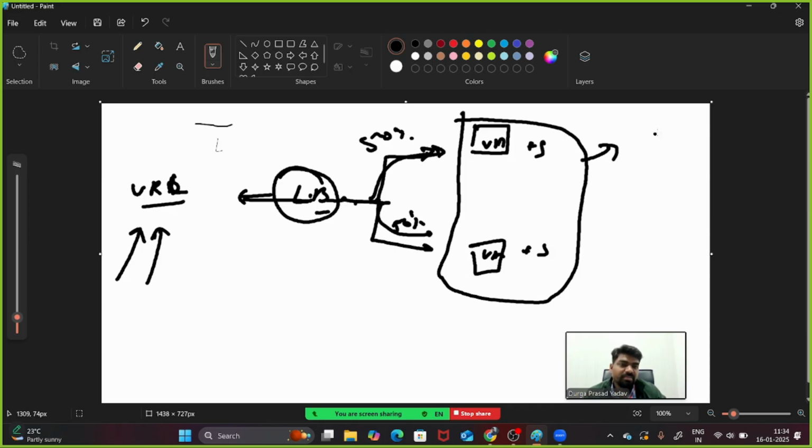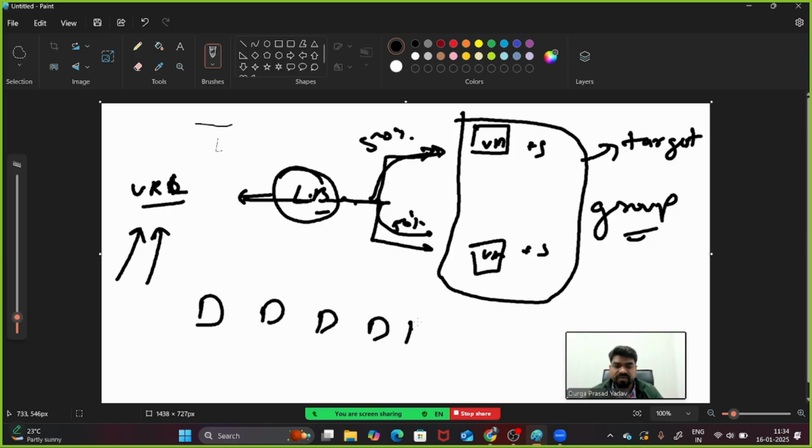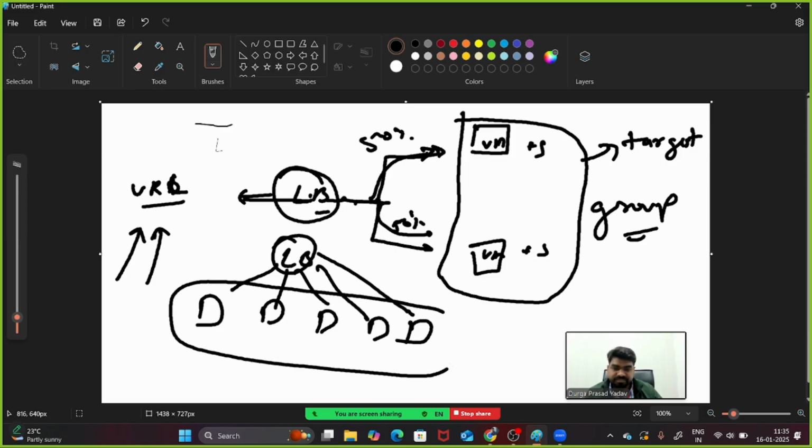This you are combining. In this combined solution, you will be calling it a target group. This is nothing but your target group. Let's say you are keeping 4 virtual machines, 1 2 3 4 5, and here you are using a load balancer, so traffic will be distributed like this. Now these 5 you have to keep in the target group. If you keep them in the target group, your load balancer will target this group and equally distribute the traffic to each instance.